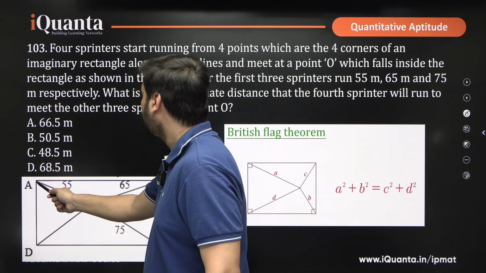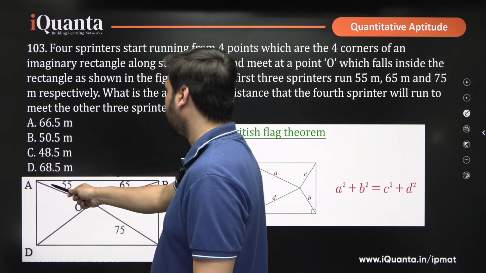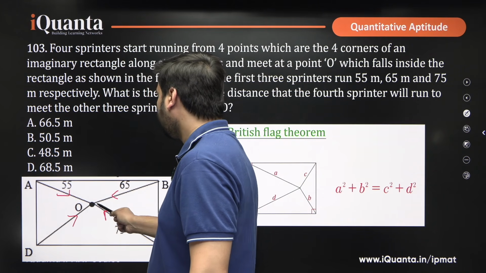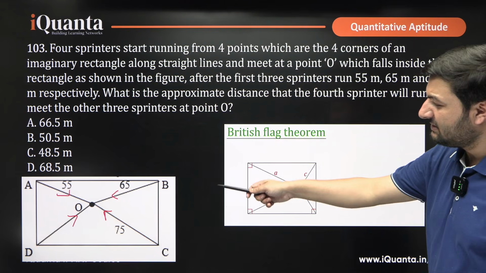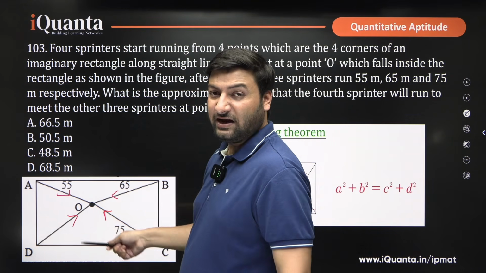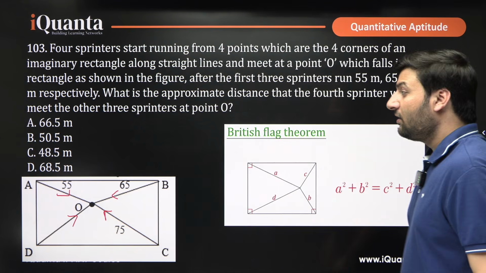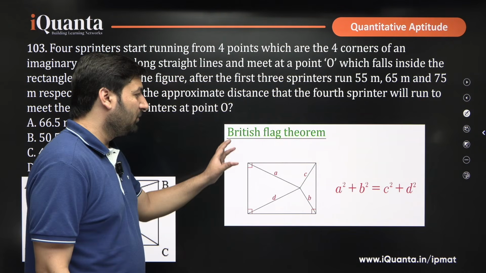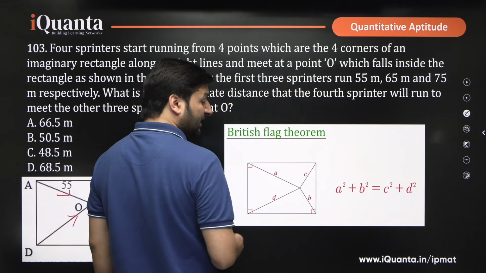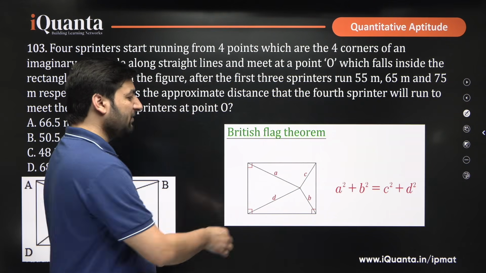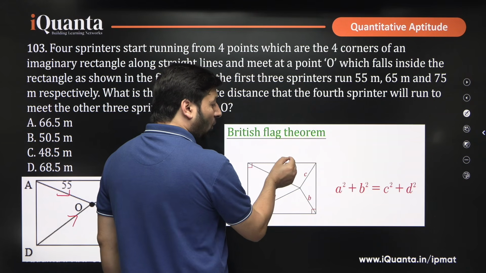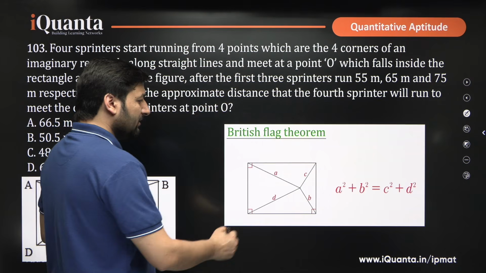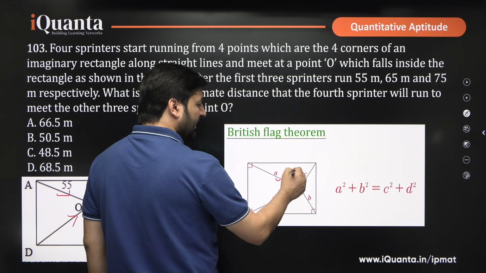So, they are running from these corners. They are coming here, here, here and here. They have to meet at point O. We see that this is a rectangle, there is a point inside it, and that point is connected to the 4 corners. For such situations, we have a special theorem in geometry which is called the British flag theorem, which says that if you have a rectangle, this is only for a rectangle, and any point either inside, on the boundary, or at any of the corners,